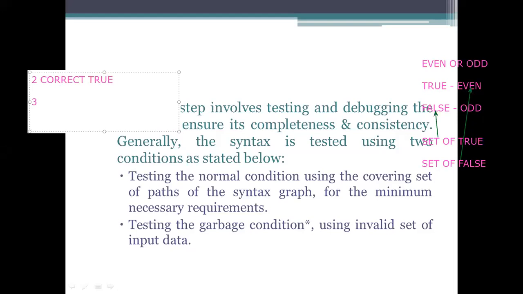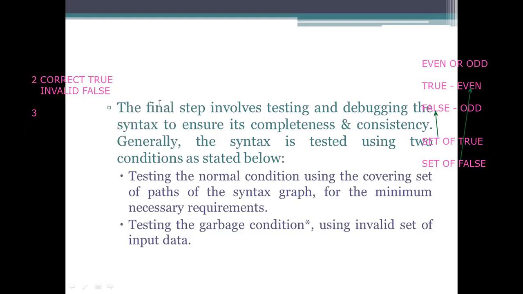And the same number 2 will be the invalid input for which one? False block. Invalid for false block representation. So if we are giving an invalid set of input for that processing, we need to check whether it is executing or not. So that is the even or odd example.